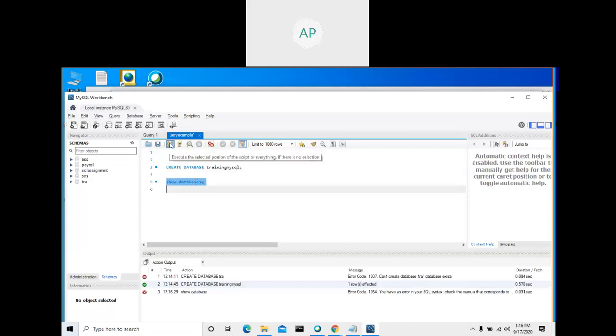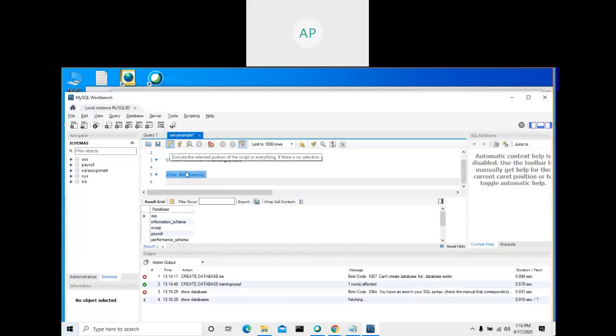Okay, show databases, select and run. See, these are all of the databases available. So now you can be assured that there are n number of databases available in our MySQL server which we installed. And this is the Workbench tool, which allows us to write SQL queries and execute the query. When you execute the query, this will send the query to the MySQL server, and your MySQL server will run the query.